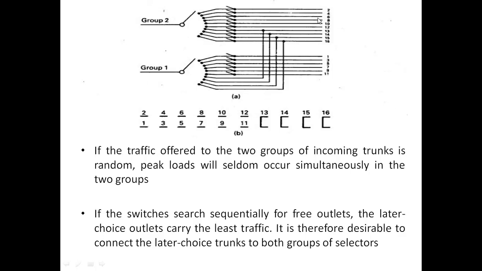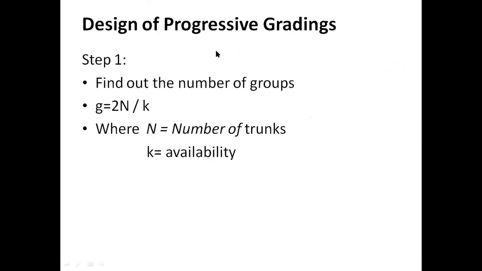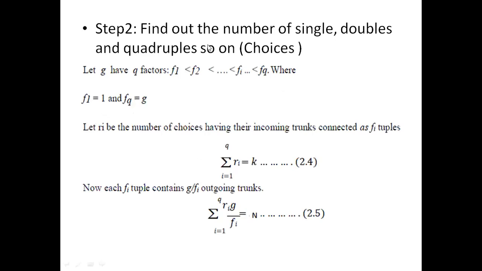As of now, you have 6 singles and 4 doubles. These are the unknowns that you need to find out in order to design the grading of a given parameter. Going back, as you can see, finding out the choices. The choices are how many, in the given group of switches, how many singles, how many doubles, and how many commons you are supposed to be using to make the grading. Those become the choices, or basically the unknowns.